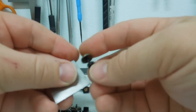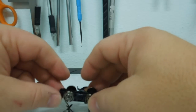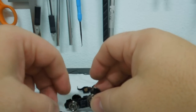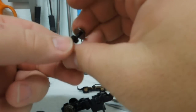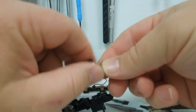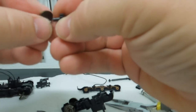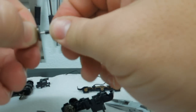Let's work right in the gauge. So there's one. Okay, I'll do a second one here. They pull out pretty easy. They just twist right out. I think I would be a little more careful about putting these ones in. Just twist them in instead of...